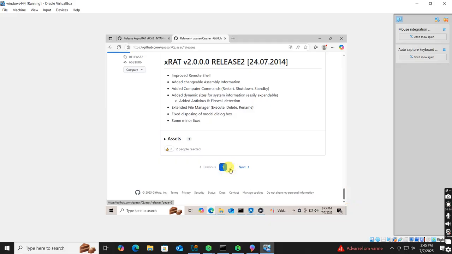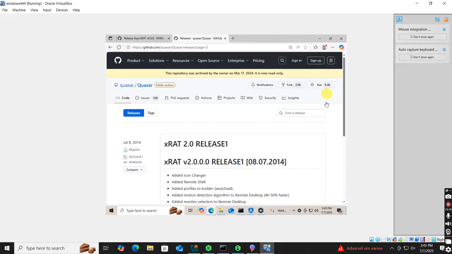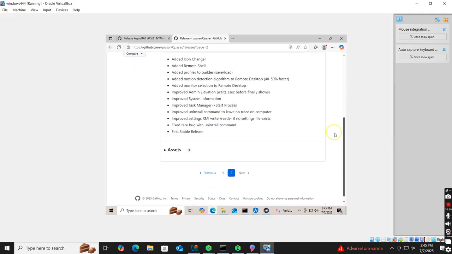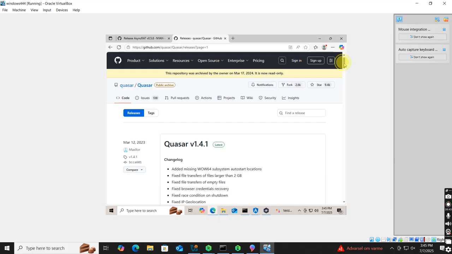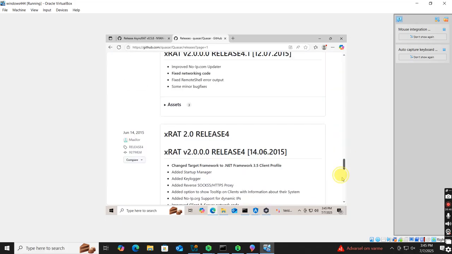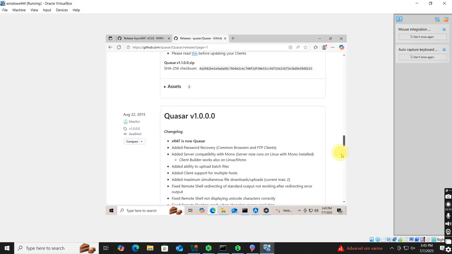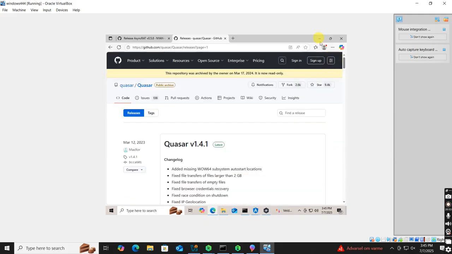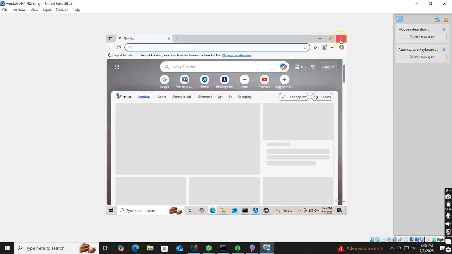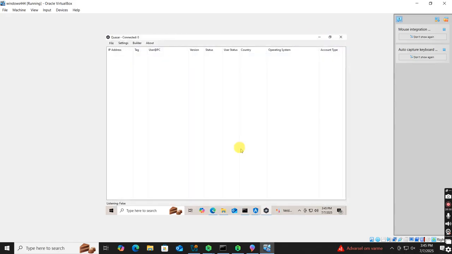in C#. Its code was publicly available on platforms like GitHub. Initially, Quasar was promoted as a legitimate remote administration tool intended for purposes like user support or employee monitoring. However, its open source nature quickly led to its adoption by threat actors, from opportunistic cybercriminals to sophisticated state-sponsored groups. Its robust features and customizable code made it incredibly popular for cybercrime and espionage campaigns globally, adapting to various malicious